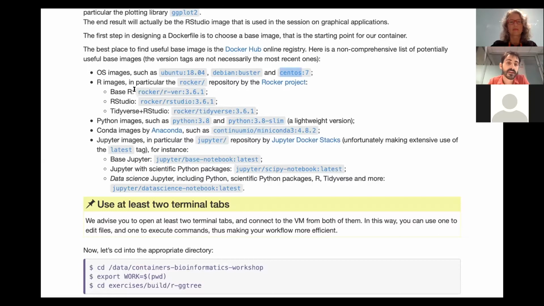So there are base R images, Rocker R-ver, RStudio images, and then there's the one we're gonna use today because it has the prerequisite packages for GG3, which is Rocker Tidyverse. And here I've just picked one version I was using a while ago, 3.6.1. So this Tidyverse image has got the Tidyverse tools, but also the RStudio interface, which is what we used yesterday